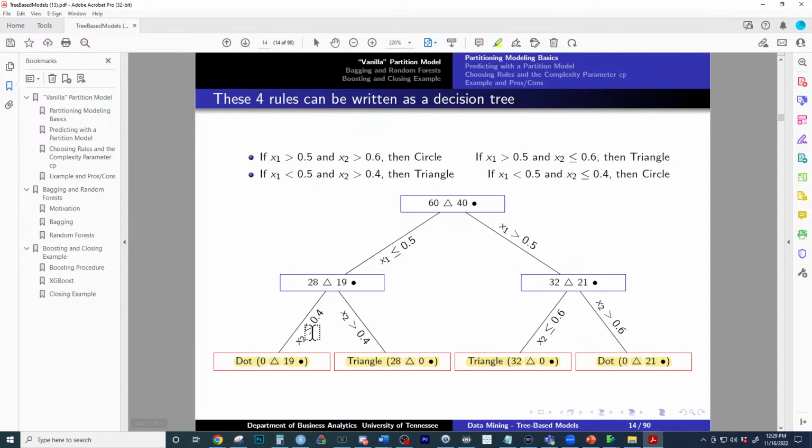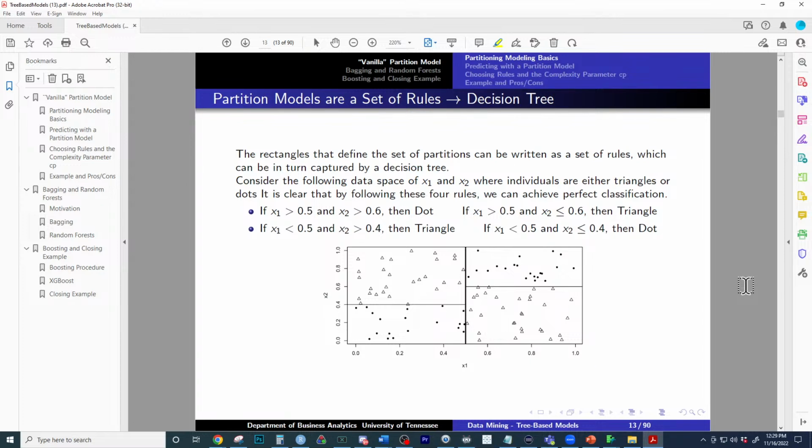Well, so, but how many groups are there at the end of this? How many groups are there at the end of this tree? How many leaves, so to say? There's 4 leaves, right? So you can have more than